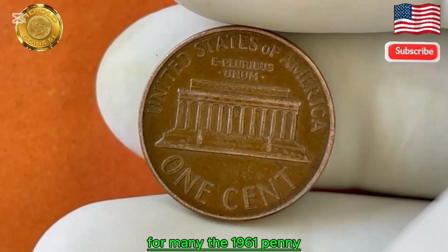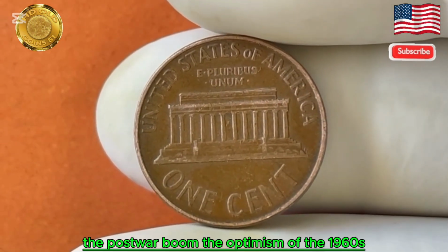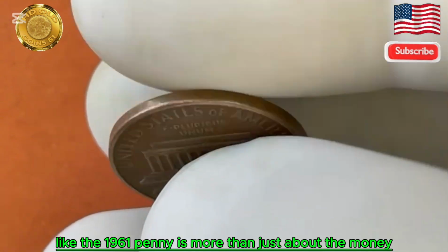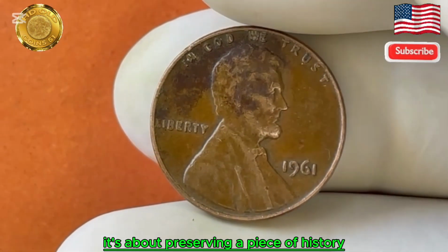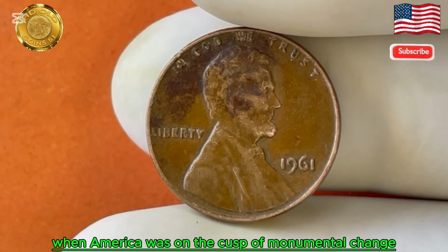For many, the 1961 penny is a connection to a time in American history that is often romanticized. The post-war boom, the optimism of the 1960s, and the early days of the space race. Collecting coins like the 1961 penny is more than just about the money. It's about preserving a piece of history. The coin itself is a tangible reminder of an era when America was on the cusp of monumental change, both